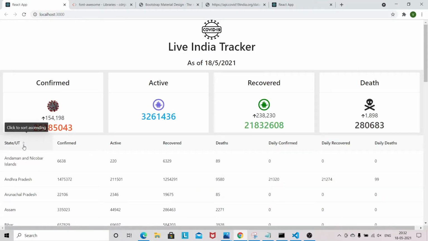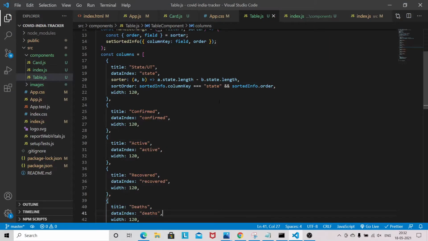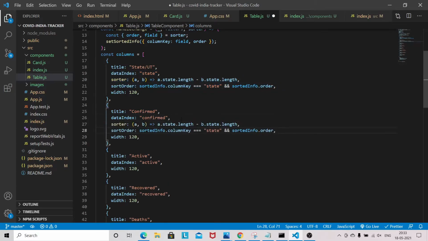So we have to actually implement it for all columns, then only it will be working. So just copy this one and paste here, and we need to just change this one. Confirmed, and here.